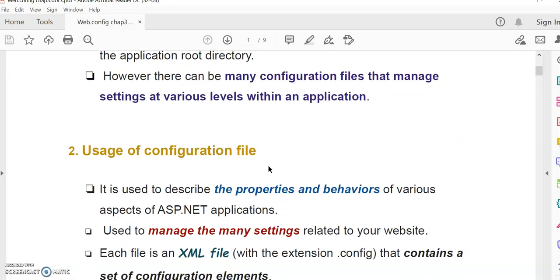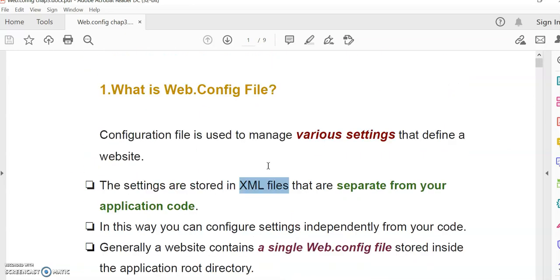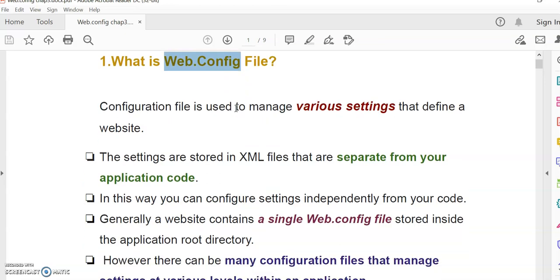So what is a web.config file? It is a configuration setting file which is present for each and every application, each and every website of your ASP.NET. And you can add multiple web.config files as per the requirement.